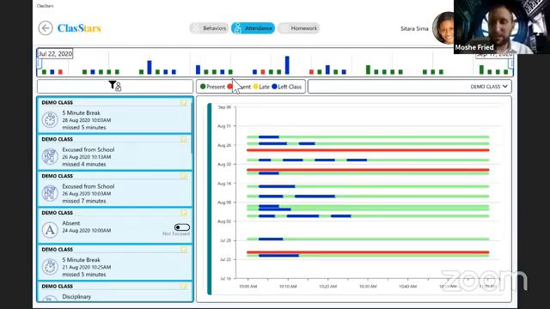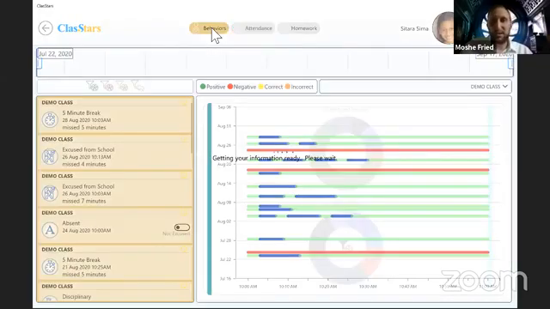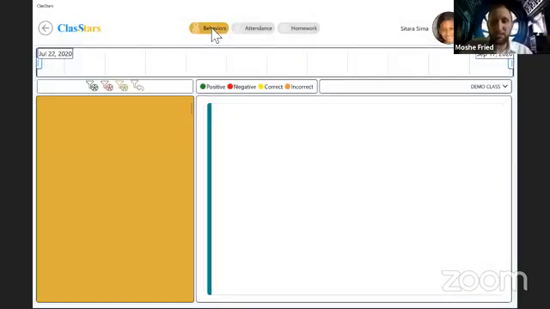All right, there's obviously a lot more to show here. Let's take a quick look at the behavior, just so that you can see how her behavior records are plotting out. Again, the timeline across the top is going to be the same. The filter system works the same. The list of events here is going to be the same. And the donut charts are going to be exactly the same in behaviors and in attendance. What's going to be different, instead of the timeline, we're going to have plotted out all of the different negative and positive and academic events that happen.